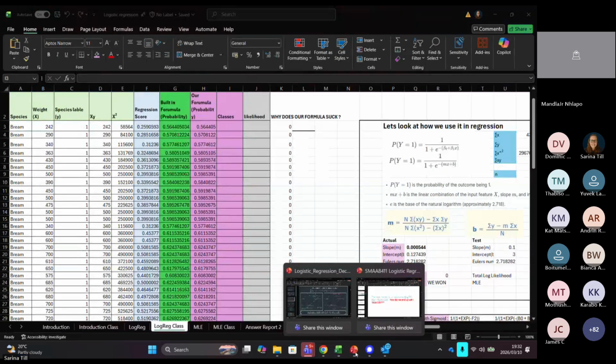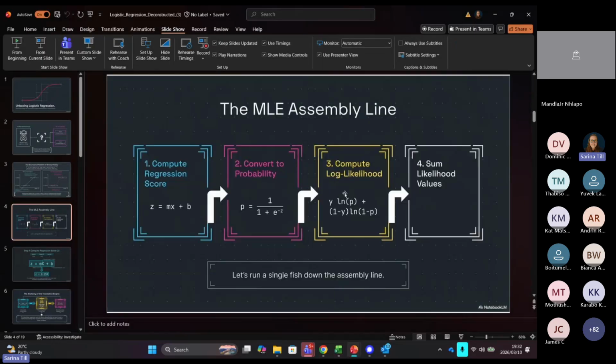So we compute the regression score. You see, we get that Z value. We convert it to a probability by putting it into our sigmoid function. This is where we calculate how wrong we were. Remember that in normal linear regression, we took the residuals to see how far off we are. The log likelihood shows us how far off we were, and we add all of that up to get our maximum likelihood estimate, our MLE. And that is the cost function,